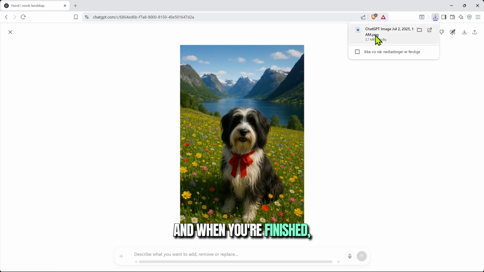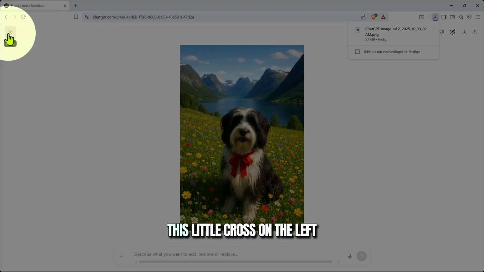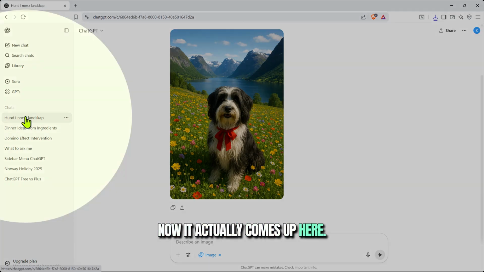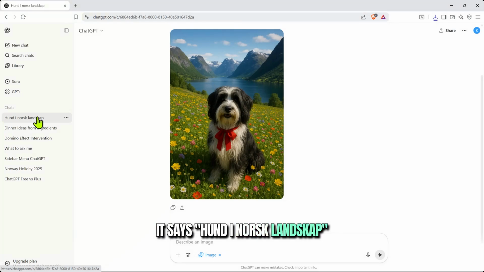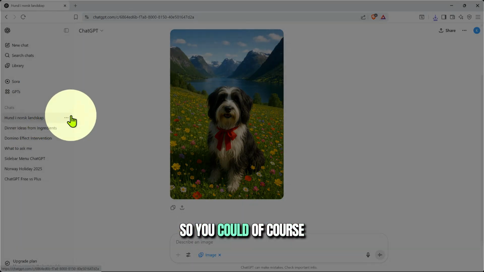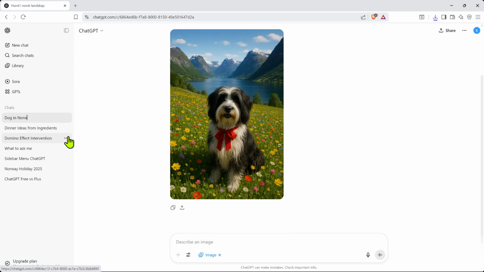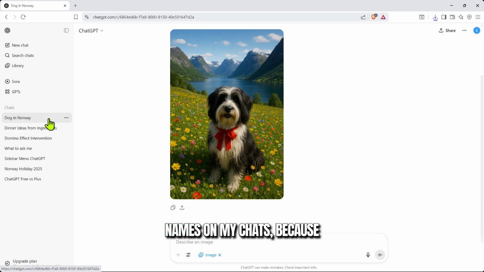And when you're finished, you can also just click on this little cross on the left and it will go back here. Now, it actually comes up here. It says hund i norsk landskap. This is actually in Norwegian, but it says dog in Norwegian landscape. So you could, of course, click here, rename, and I'm just going to call it dog in Norway. I do like to have practical names on my chats